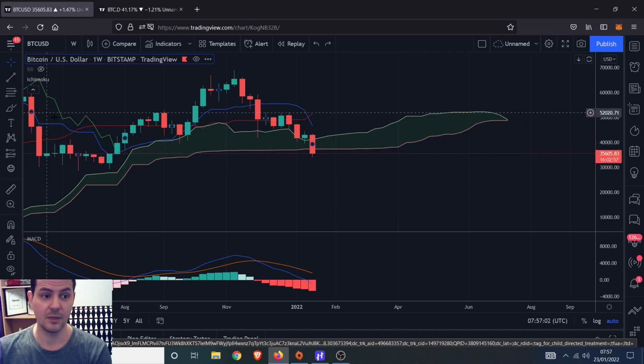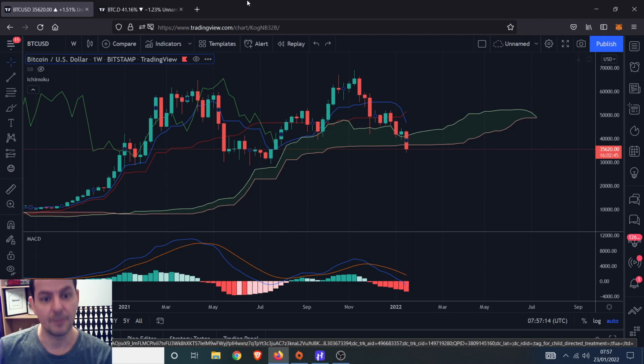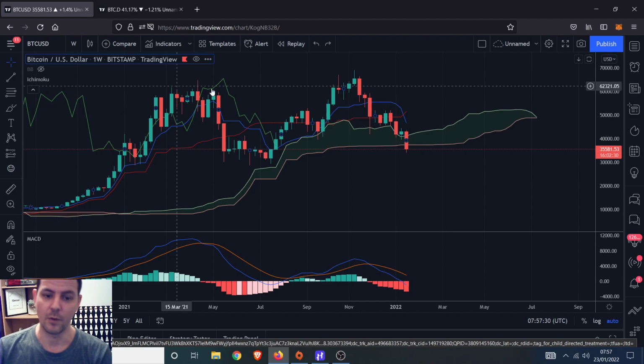If this Chikou span closes below the cloud, and we have a red portion, we have a cross, we have price action below the cloud and the Chikou span, that is a short signal which plays out more often than not. And because that would be on a weekly, it would offer quite a large move. Like maybe a massive dump or a crash. Okay, massive dump or a crash is basically what it would mean. But we've not got it yet, so we can't play a signal that's not yet been generated. We wait for a signal to be generated.